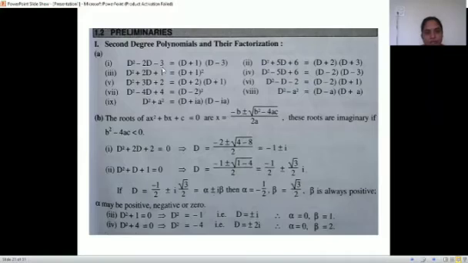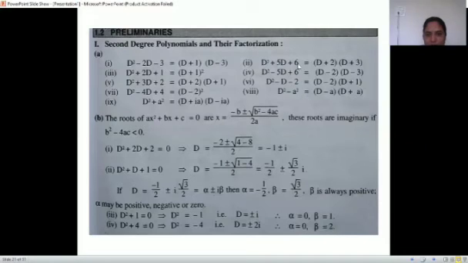So what should be the factorization? The numbers are minus 3 and 1, right? So we can write here d minus 3 and d plus 1. That is what we call the factorization of the polynomial. This is very important, as in the whole unit we need to do the factorization. Got it? One more thing.